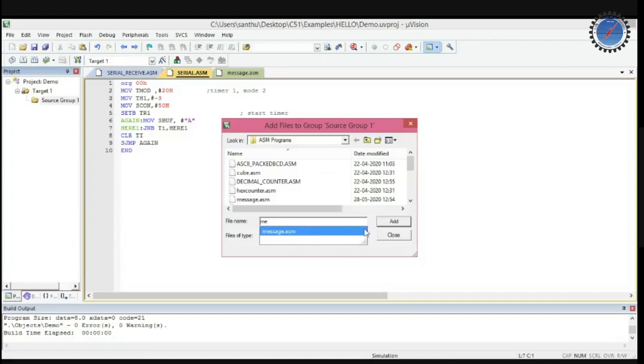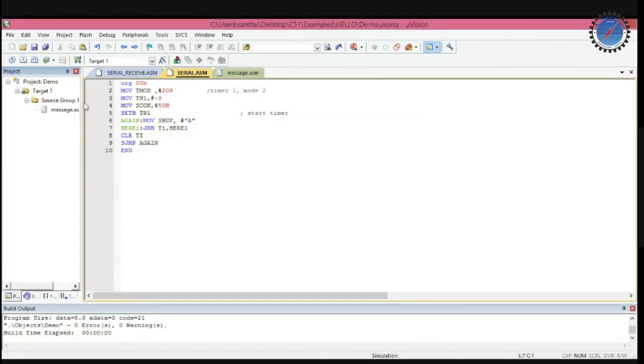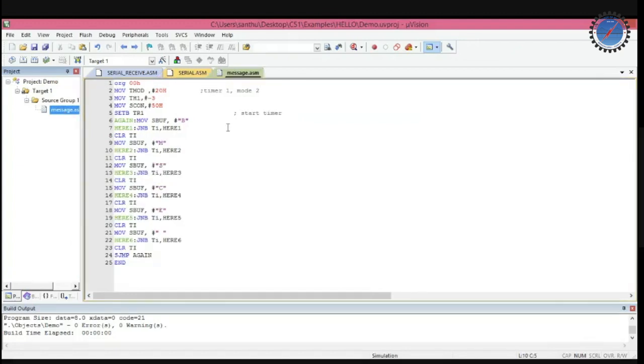This is the file message.asm, the program to transfer a message. The characters in that message are BMSCE space. This will be continuously transmitting BMSCE space, BMSCE space, BMSCE space, something like that.